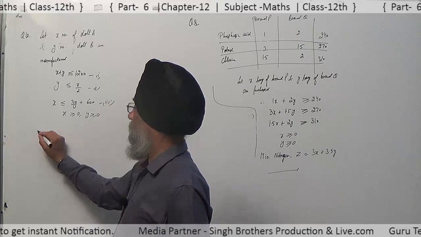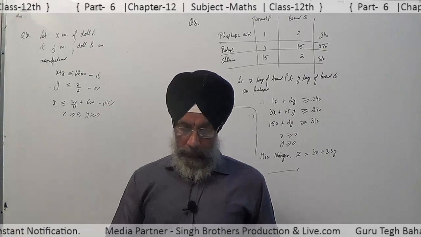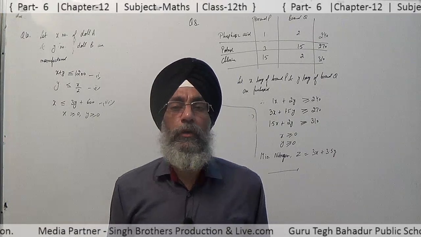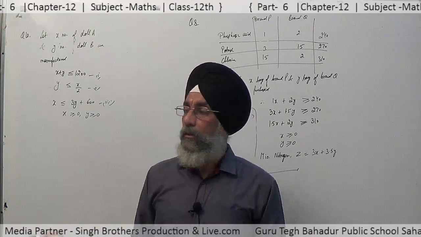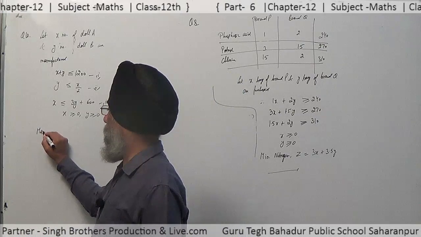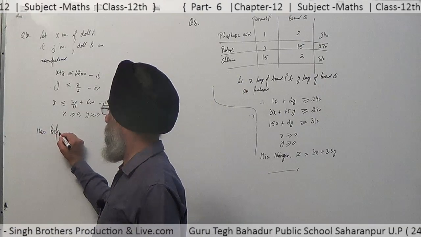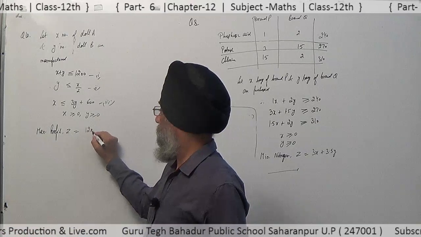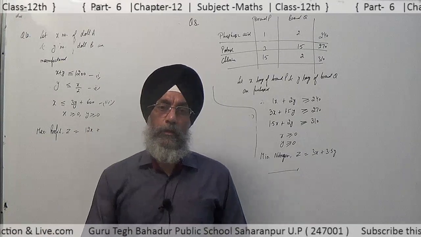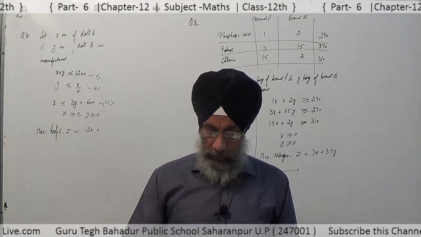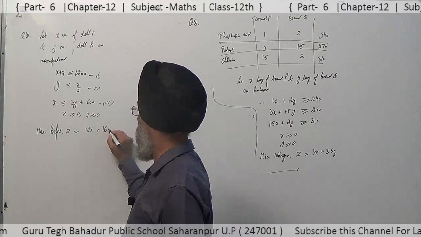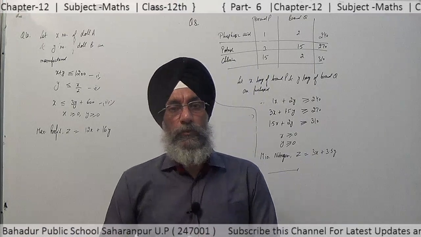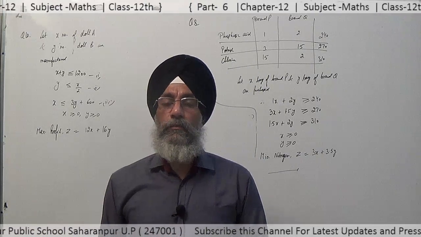Now the objective function, what is it saying? If the company makes a profit of rupees 12 and rupees 16, now again they are talking about profit, which means we have to maximize it. So maximize profit z equals 12x, that is rupees 12 per unit profit on doll A, plus 16y, 16 on doll B. These are the equations and the objective function formed here. Solve this and find the solution.